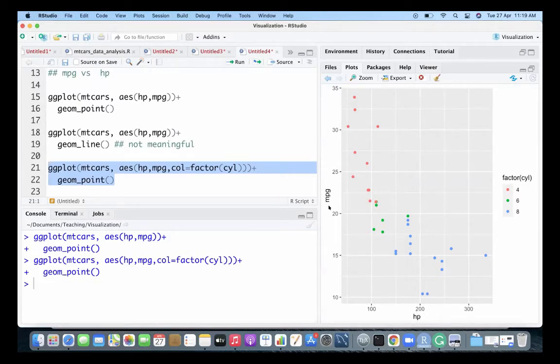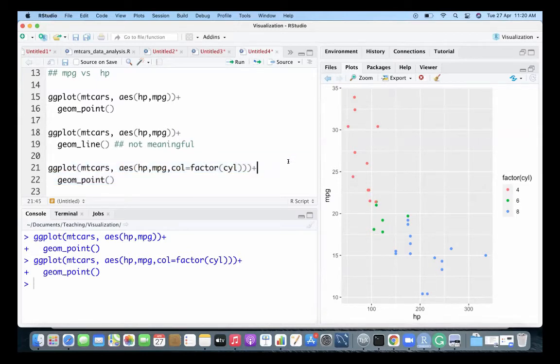On the y-axis, I'm still plotting miles per gallon. But now for each point, I'm looking at whether this particular car, whose horsepower is below 100 and miles per gallon is 35, is a 4-cylinder, 6-cylinder, or 8-cylinder. If it is 4-cylinder, I will put a red color on that.